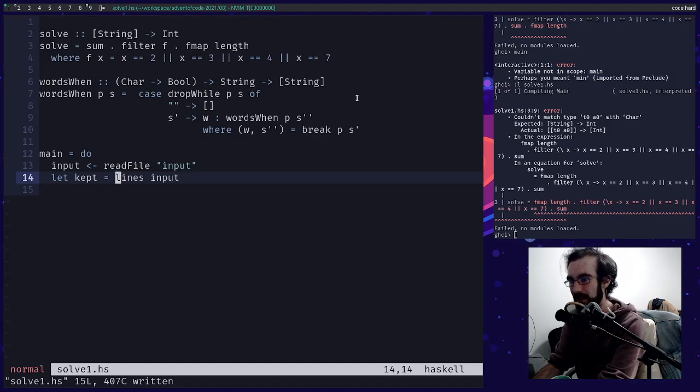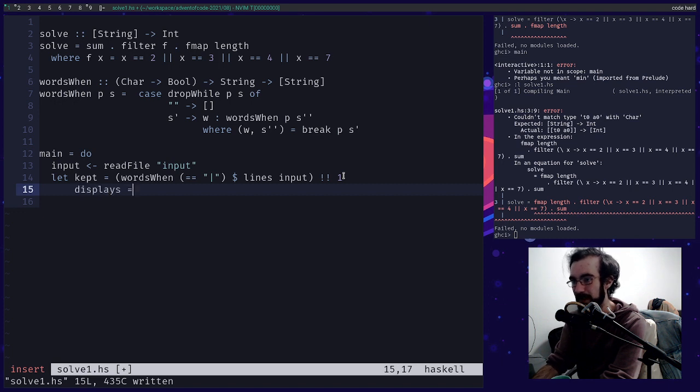So kept equals words when equal to, so we split on this character, but then we only keep index 1. We throw out index 0. And this is not a safe way to approach this, but because Advent of Code always gives us well-behaved inputs, we roll with this. So we have what we keep, and then we say displays equals,